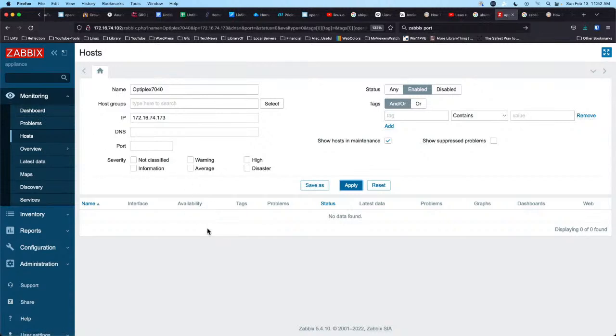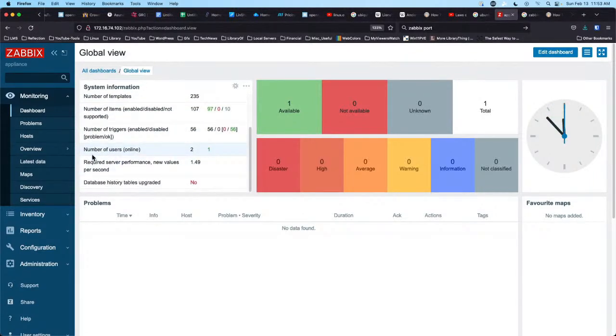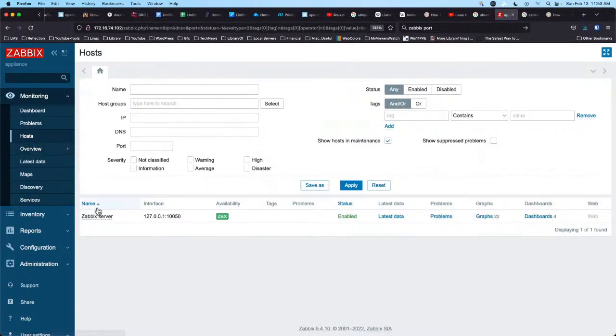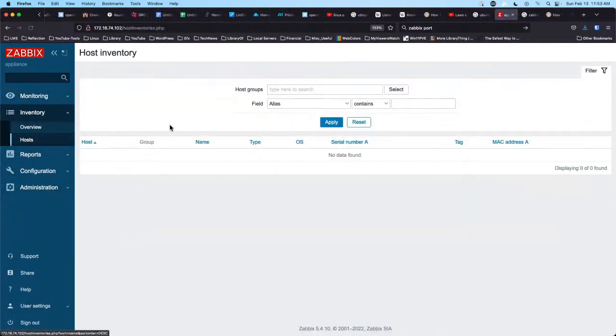And maybe I've screwed this up already. Well, let's see. Number of hosts, enabled, disabled. All right, so obviously I need to go back and read some documentation and try to learn about this a little bit more and get it configured. Probably inventory. But